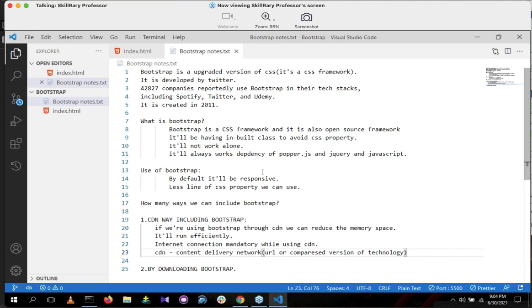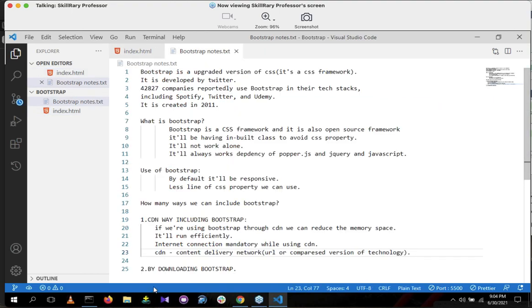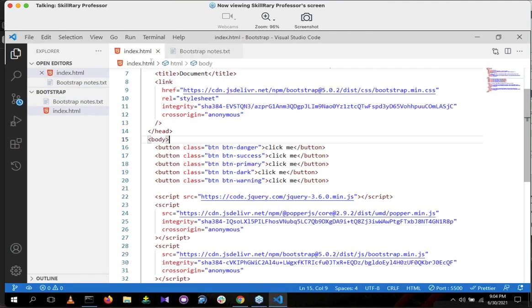Even Python also will be in a compressed manner. JavaScript also in compressed manner. jQuery also in compressed manner. All the technologies have CDN links. Nowadays, they are using CDN links to reduce the memory space. Did I install any Bootstrap here? No, right? Through the CDN link only, we are achieving all the Bootstrap. Now I'll tell you how to download Bootstrap. After downloading, we'll wind up the class for today. We'll discuss tomorrow.